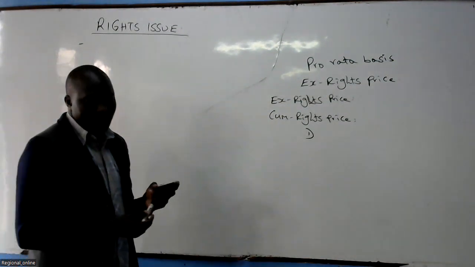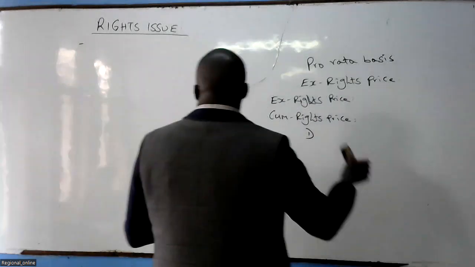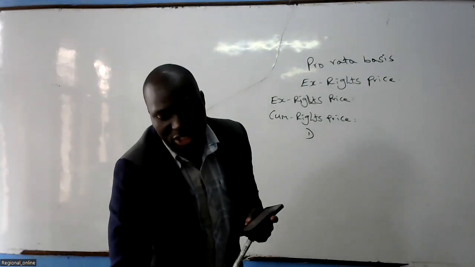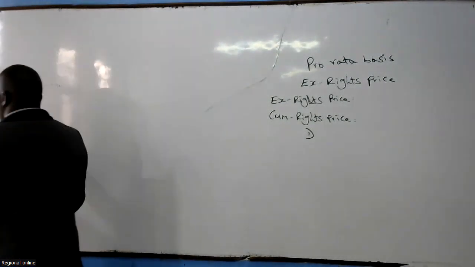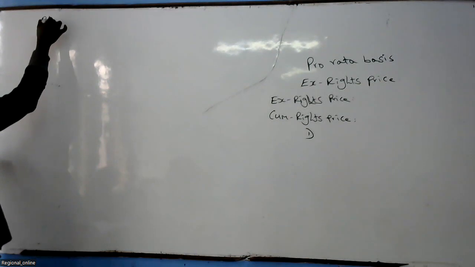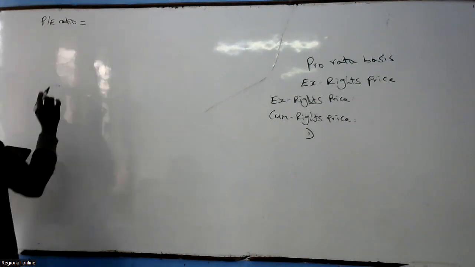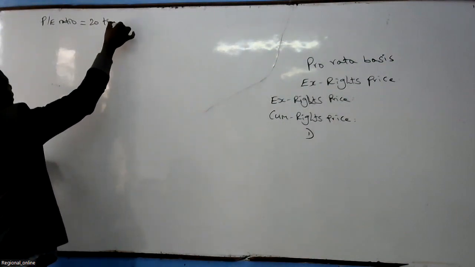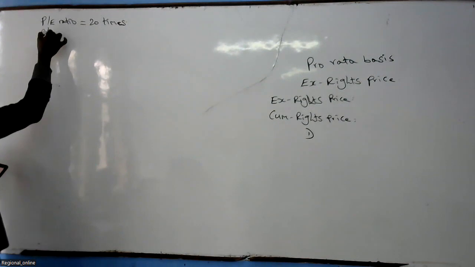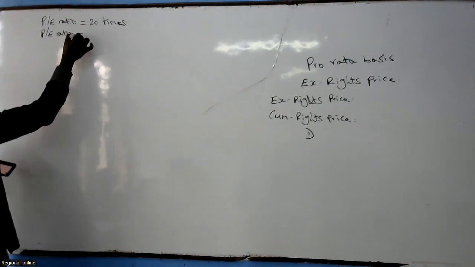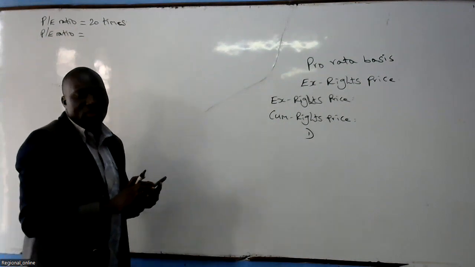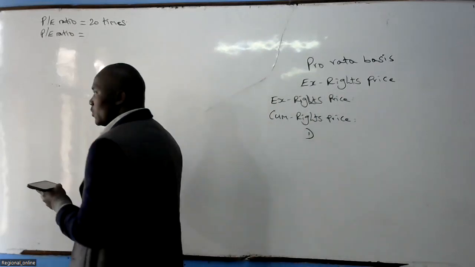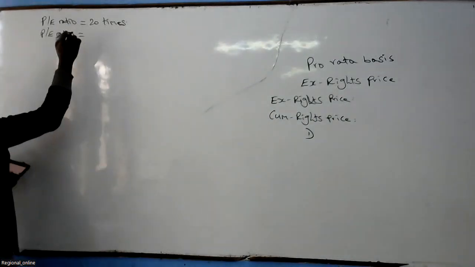No problem. So, first of all, let us get the current share price. What did they say the PE ratio is? PE ratio is 20, yes. So 20 times. And do you remember the formula of PE ratio? We did it in valuation of ordinary shares, do you remember? PE ratio equals to P is for